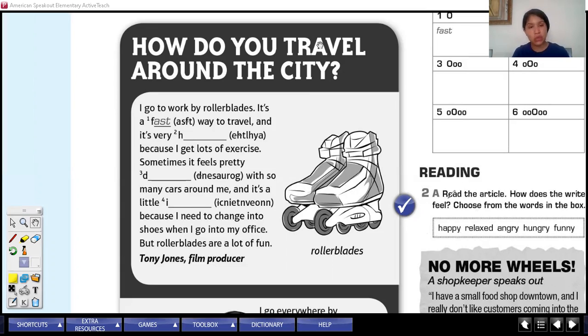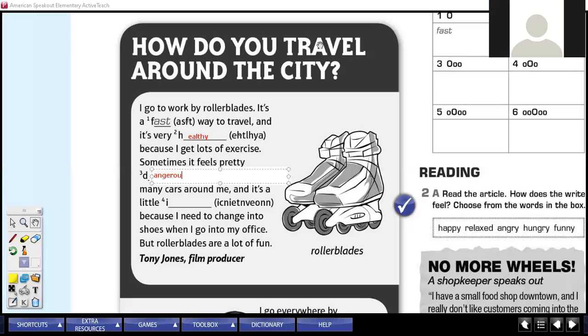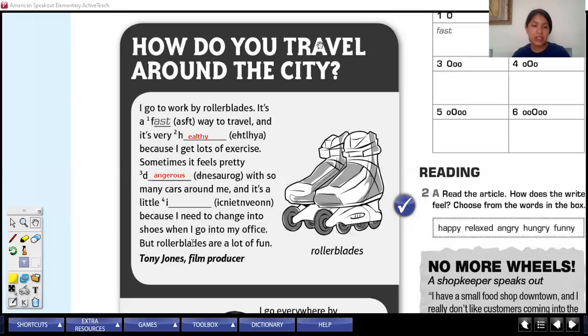It's a fast way to travel, and it's very, very what? It starts with H, and here we have the rest of it. Oh, it's healthy. Healthy. Very good. It's very healthy because I get lots of exercise. Sometimes it feels pretty dangerous. Pretty dangerous. Very good. Pretty dangerous with so many cars around me, and it's a little